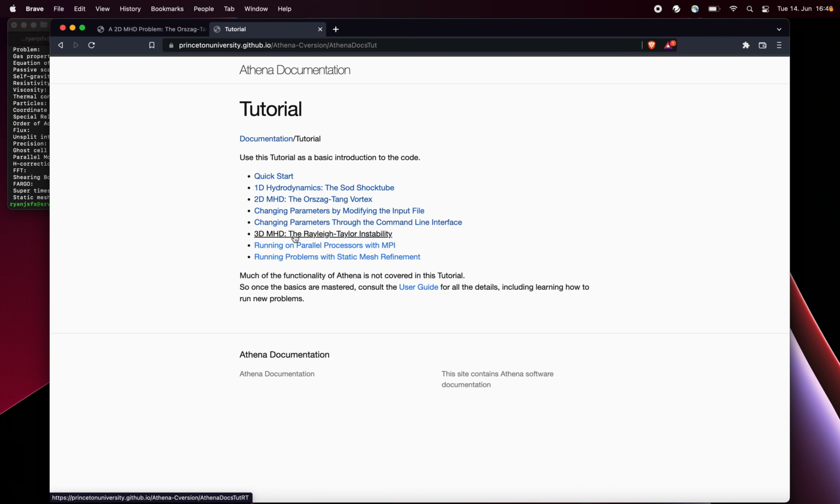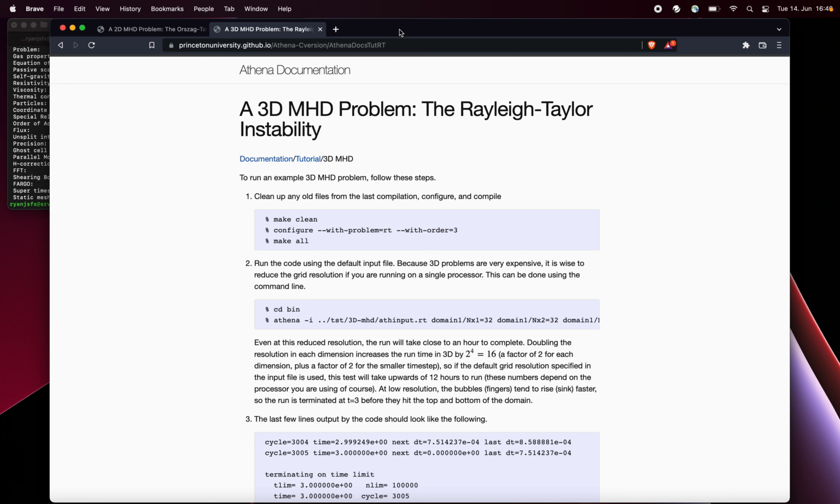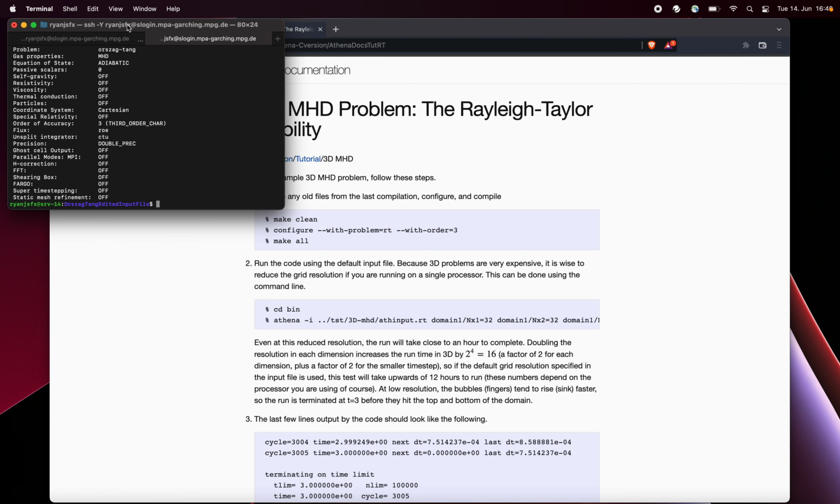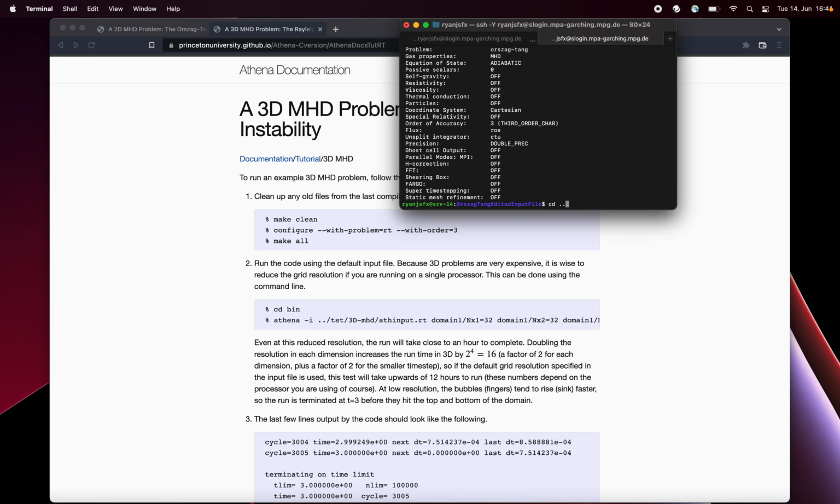So we're going to move on to Rayleigh-Taylor instability. And so we'll go up here. And that's the nice thing, that if we did the make clean, etc., while this thing is running, then I don't really know what happens if we overwrite the binary file. Whereas now,